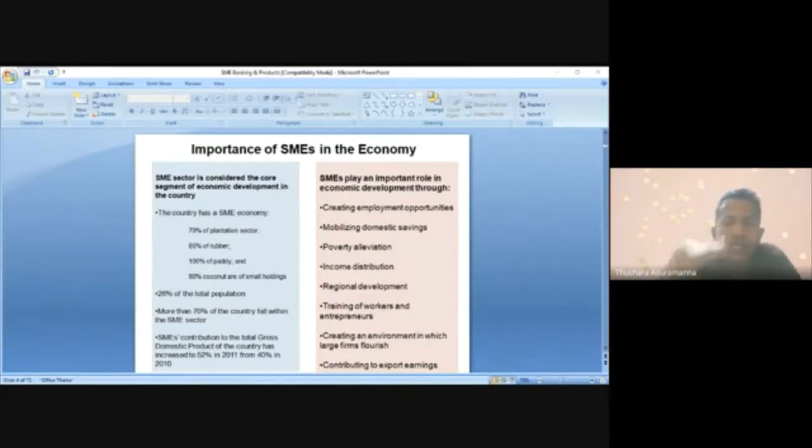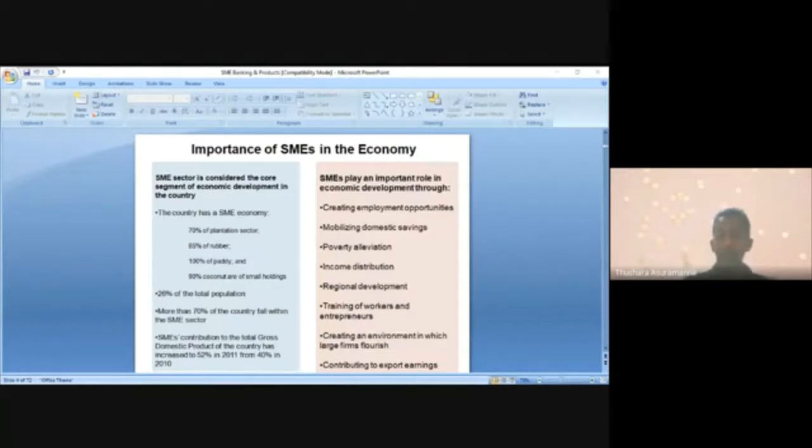These are the things the examiner could ask anytime. Why is SME important? What's the role played by the SMEs? What do you understand by the SME contribution towards an economy? Those are the kinds of questions they can ask. So the first one is creating employment opportunities. Very good. Why? Because in any country SMEs are very large in number, so even if each creates 1 or 2 job opportunities, together they support creating so many employment opportunities. That's one.